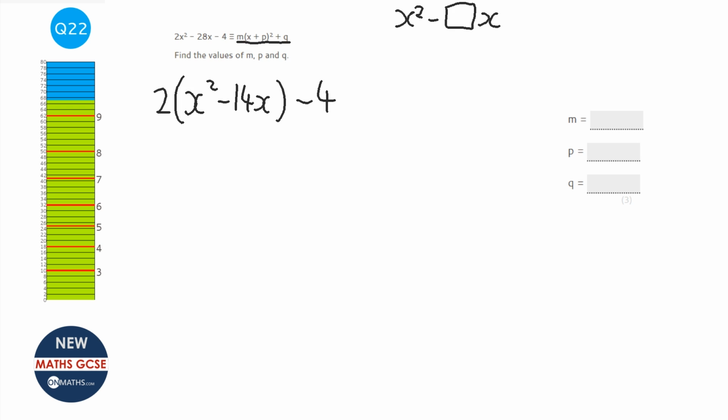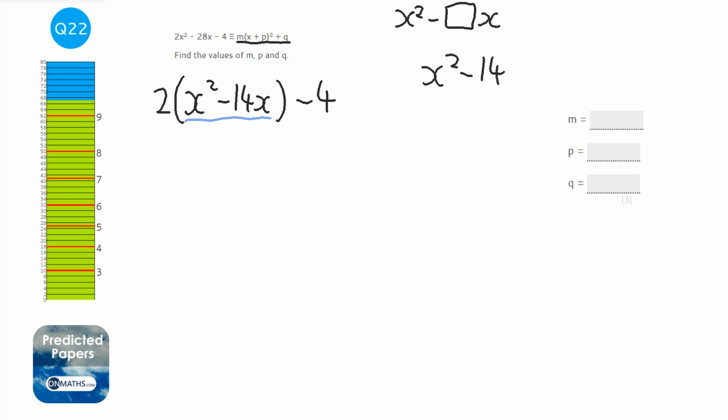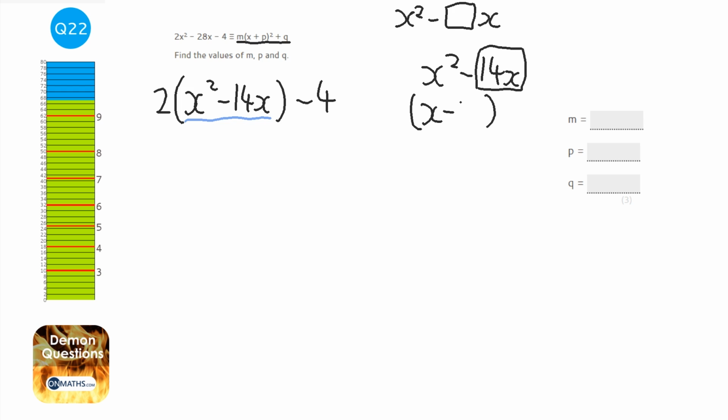You could also factorize out the 4 as well, but I'm just going to leave that alone because I'll deal with that later. Now that we've got what we need to be able to complete the square, which is the x squared minus something x, we are going to complete the square. Now to complete the square, and I'm going to do this over here to show you a little bit easier. What you need to do is you need to put the x minus half of the bit here, so it's going to be 7 squared. Now if you expand that, using FOIL, that would be x squared minus 7x